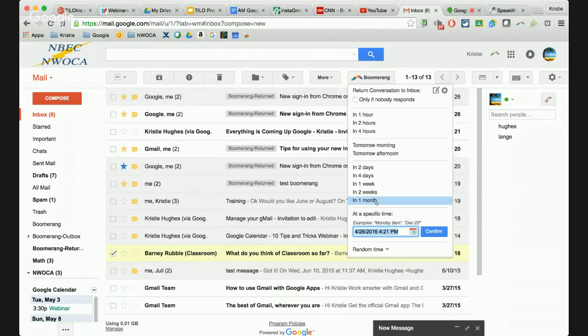So I can remove it and have it reappear in a month or in 2 days or in 4 days or whatever. The nice thing about that is it bumps it to the top of my inbox, so it doesn't get buried. Then Monday morning or the next day or the next week or next month, whatever it may be, I can go ahead and see that message again. It puts it there like a new message.